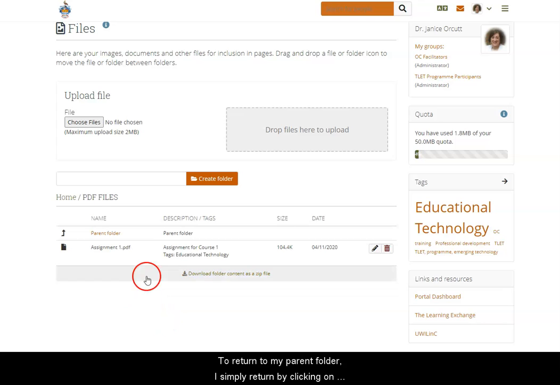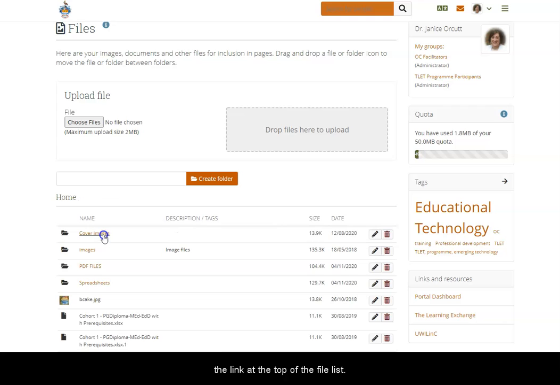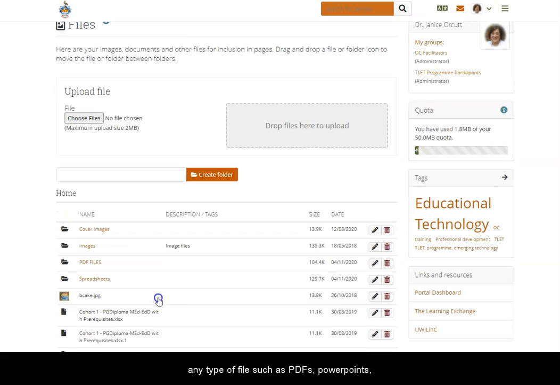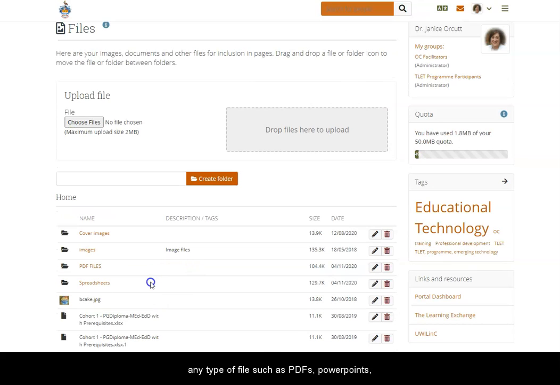To return to my parent folder, I simply return by clicking on the link at the top of the file list. You can have as many folders as you wish in the Files area. In this area, you have the ability to upload any type of file, such as PDFs, PowerPoints, Word documents, etc. It is a great idea for you to store copies of any of your course assignments here, even if they are not going to be part of an ePortfolio assignment, as you will have ongoing access to them throughout your